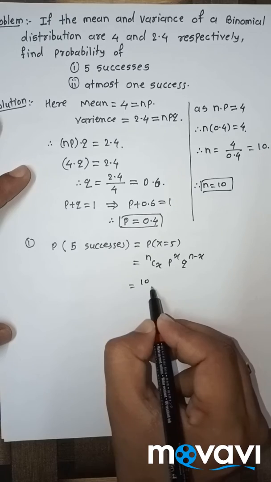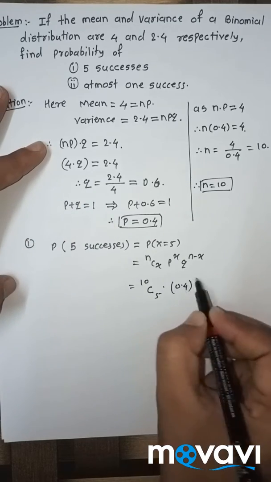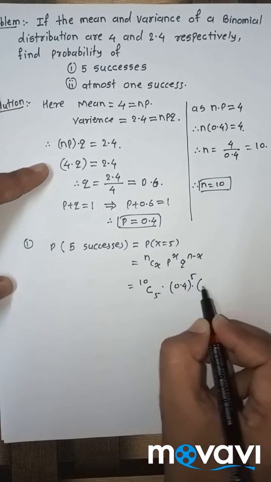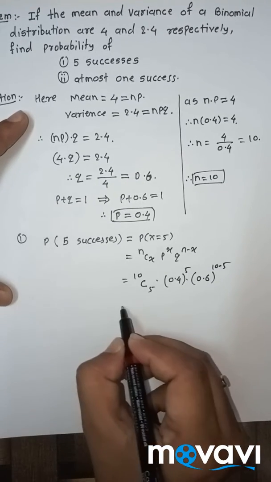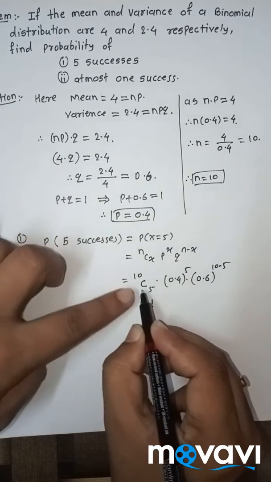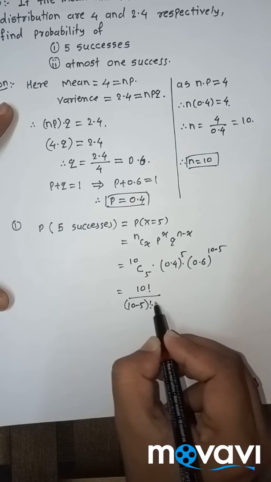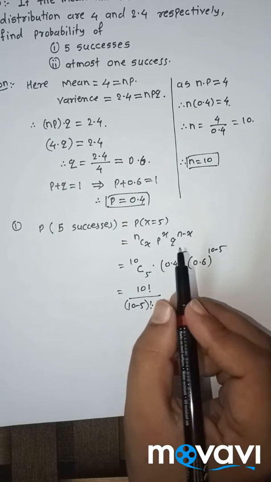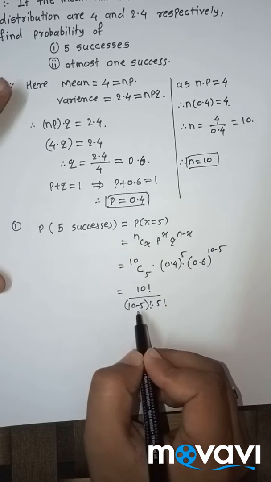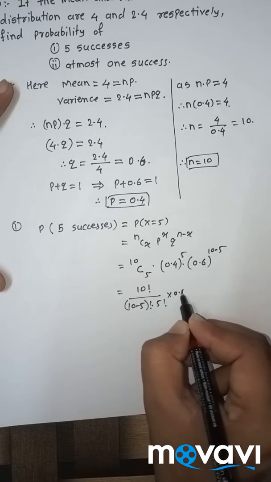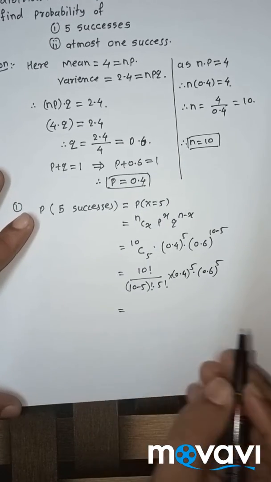Here we use value of n 10. See, x is 5 into p 0.4 raised to x is 5 into q 0.6 raised to 10 minus 5. This is equal to formula of 10C5, which is 10 factorial upon 10 minus 5 factorial into 5 factorial. Formula of nCr is n factorial upon n minus r factorial into r factorial. So here 10C5 is 10 factorial upon 10 minus 5 factorial into 5 factorial into 0.4 raised to 5 into 0.6 raised to 5. This is equal to